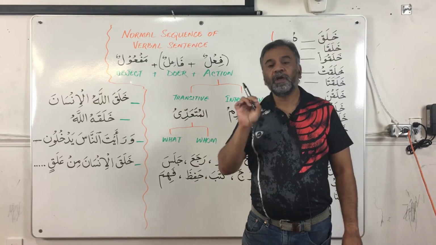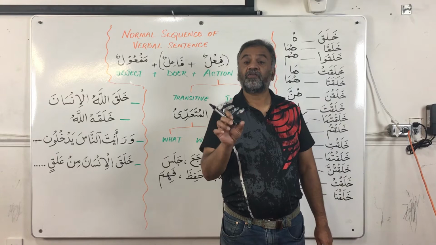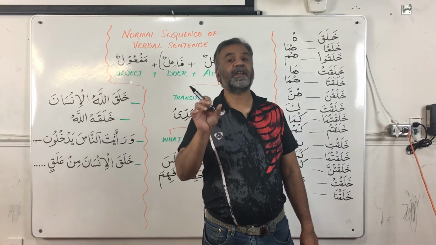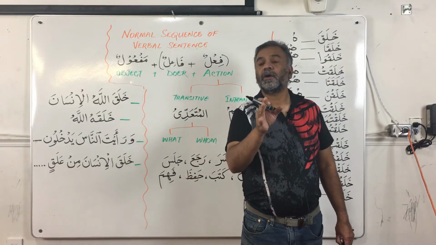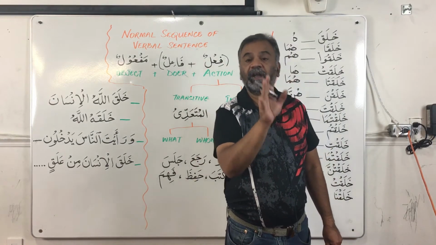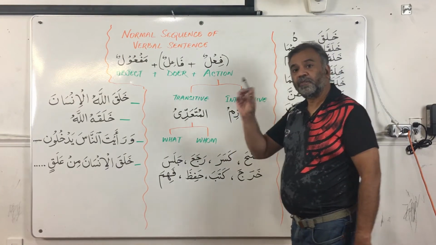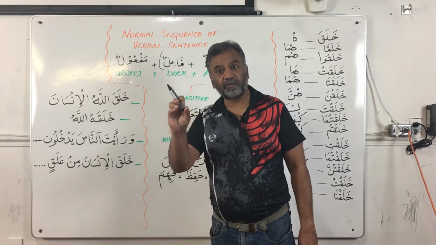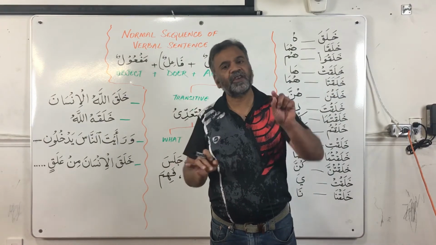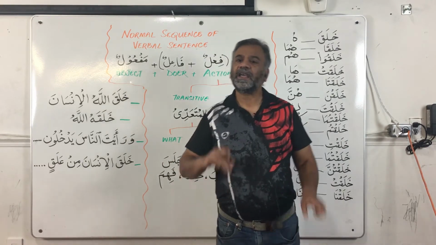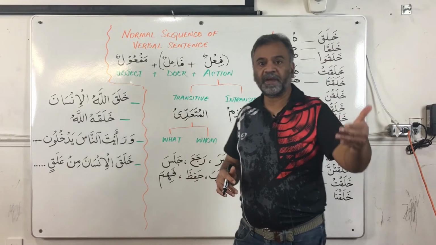And we know that in a verbal sentence, any noun that is marfu, whether it comes right after the verb or in the middle or at the end of the sentence, any noun that is marfu is your fa'il or the doer of the action. So you just close your eyes and you just say, this is my fa'il. I keep repeating it because repetition will make us strong.